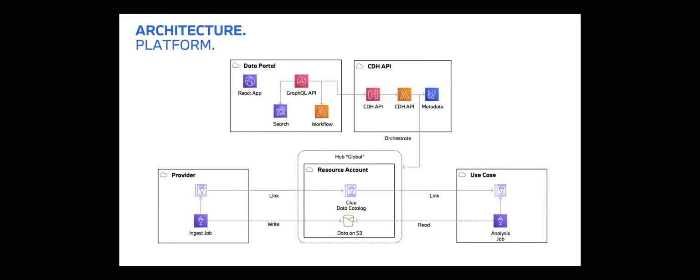Yeah. So one thing that is quite tied to the AWS setting is, of course, the CDH API, which is all the orchestration. But the data portal itself is very agnostic, I would say. We don't have any plans to build it for Google or Azure, because we really love the AWS environment that we have at the moment. But when we are open source, we are really open also for other contributions. It's really our plan.